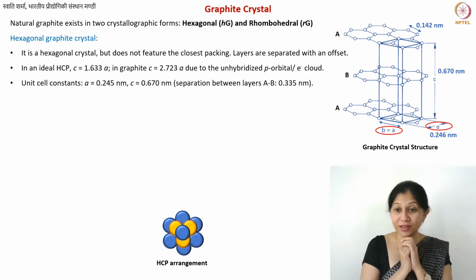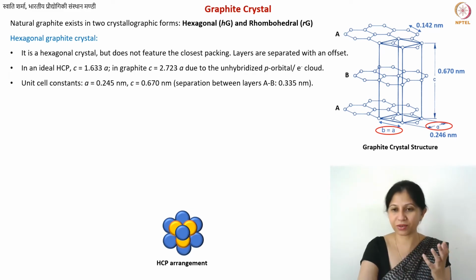We just don't mention B because B equals A. So we are always talking about either A or talking about C. B is there, but because it's equal to A, we don't specifically mention its value. Okay. Now the separation between two layers, as I said, between A and B layer will be 0.335 nanometer, which